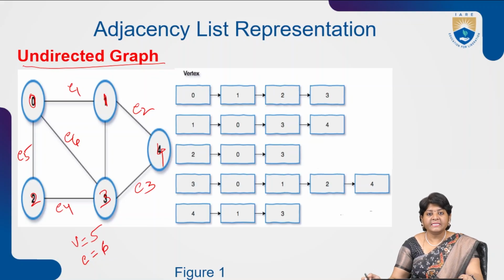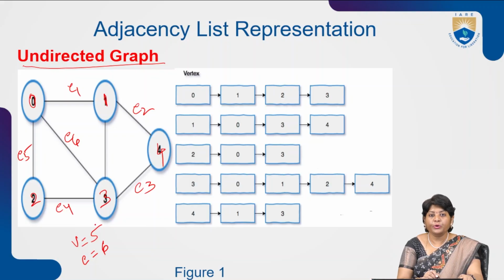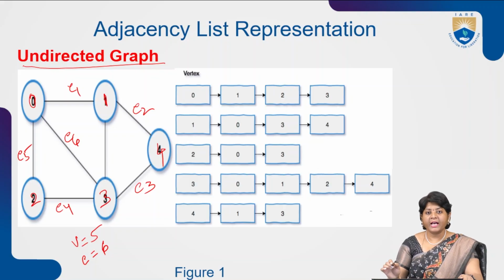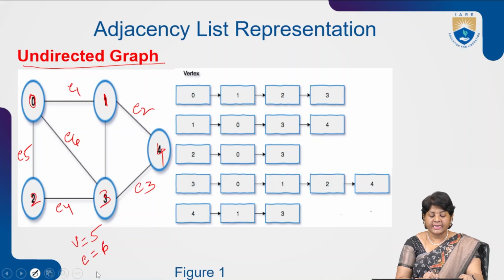Now, if it is an adjacency matrix, then wherever an edge connection is established, we will mark it as 1. Wherever an edge connection is not present, we will mark it as 0. That is related to the adjacency matrix. Now, this graph we want to represent in adjacency list format. So, as we discussed, vertices and edges are given through a graph. Now, I want the adjacency list.